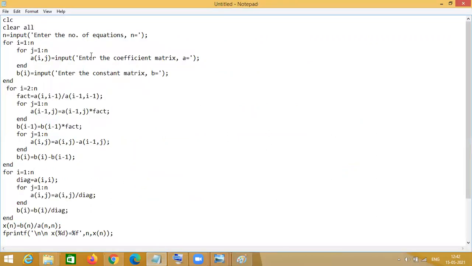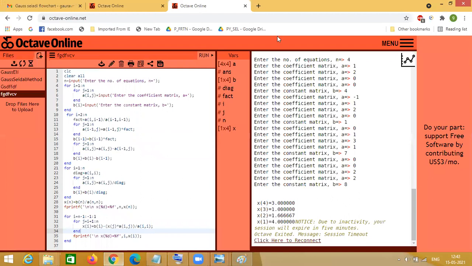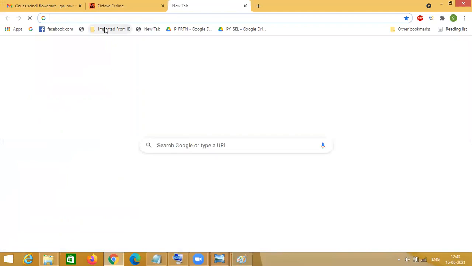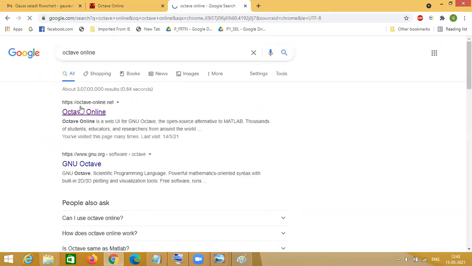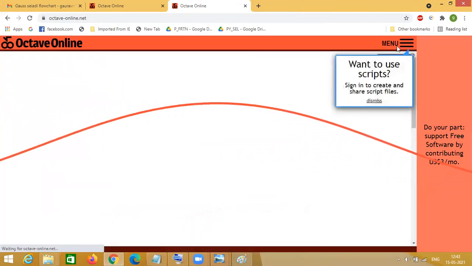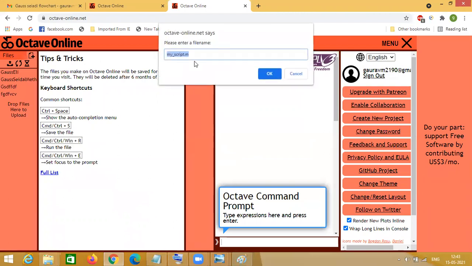So this code is written for the Thomas algorithm method. I'll show you the execution of the code, and for that you can use an online platform, the Octave online solver. Just select it and click on Octave online solver. You need to log in with your Gmail; I have already done the Gmail login. Here is your programming window, and here is the console where you will get the output. First I'll make the file, suppose it is